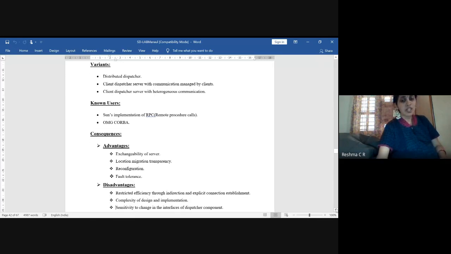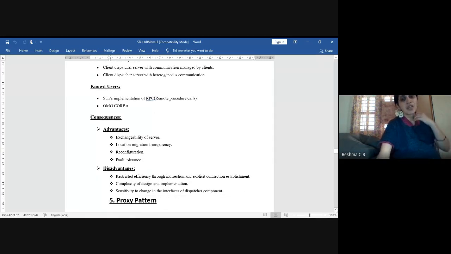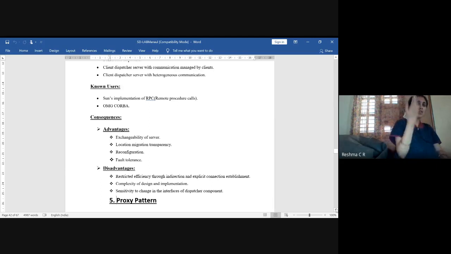So the applications or users are the RPC mechanism, that means for having remote procedure calls. So what is this remote procedure call? A service will be located in some other server. You need to have access to some other server which is located in some other country or some other state.